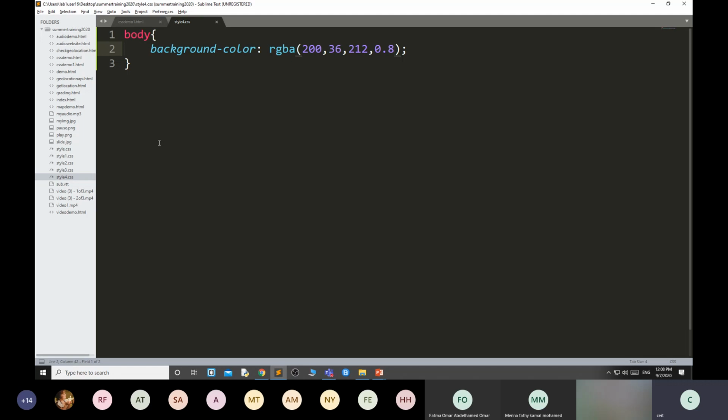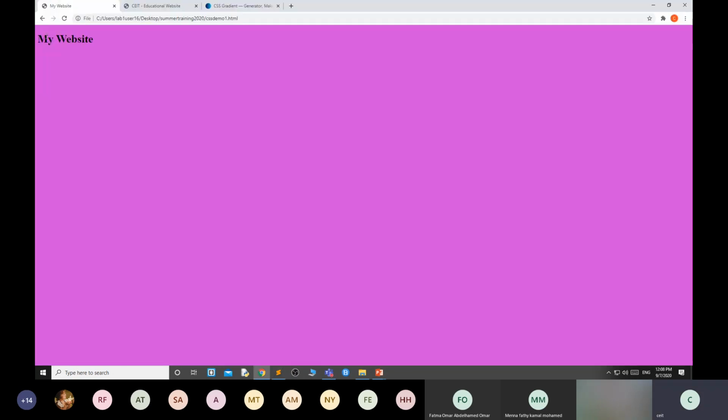Then you might have the question that I can directly use the RGB dark color, so why do you need to use the opacity? That's completely up to you. But if you want a little bit darker or lighter shade, then you can use that. Very light is 0.1.